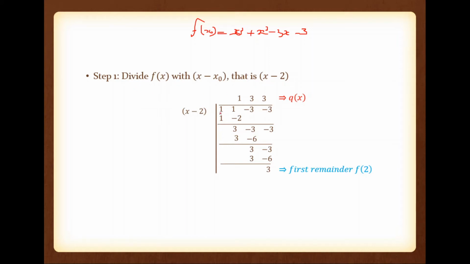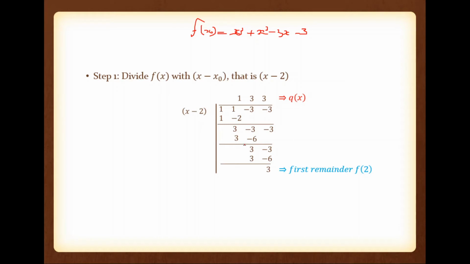So what we have? This is x cube plus x square minus 3x minus 3, divided by x minus 2. First this is x cube, this is x, so the term required is x square. If this one is x square, the coefficient is 1, so this term is x cube minus 2x square. So this term is cancelled, and this is 3x square. Now this is minus 3x, this is minus 3. Now this is 3x square, this is x, so here we require 3x. So 3x into x, we have 3x square, and 3x into minus 2, we have minus 6x.